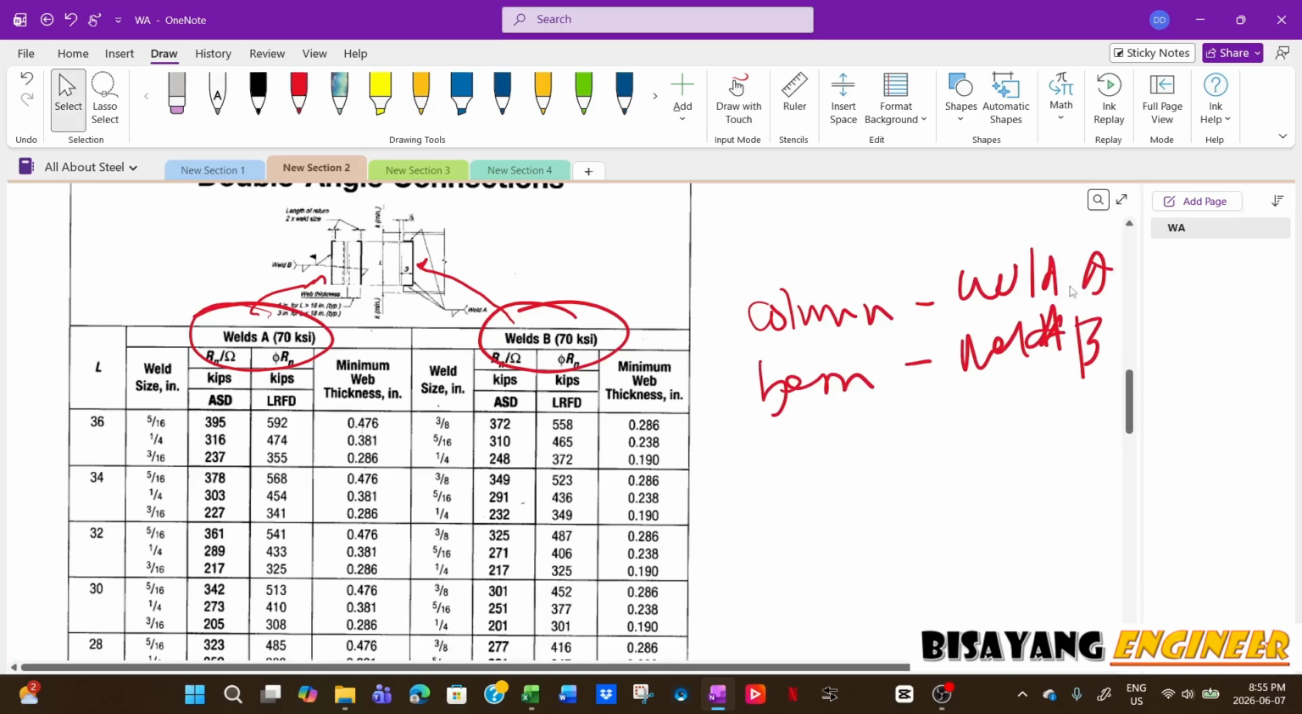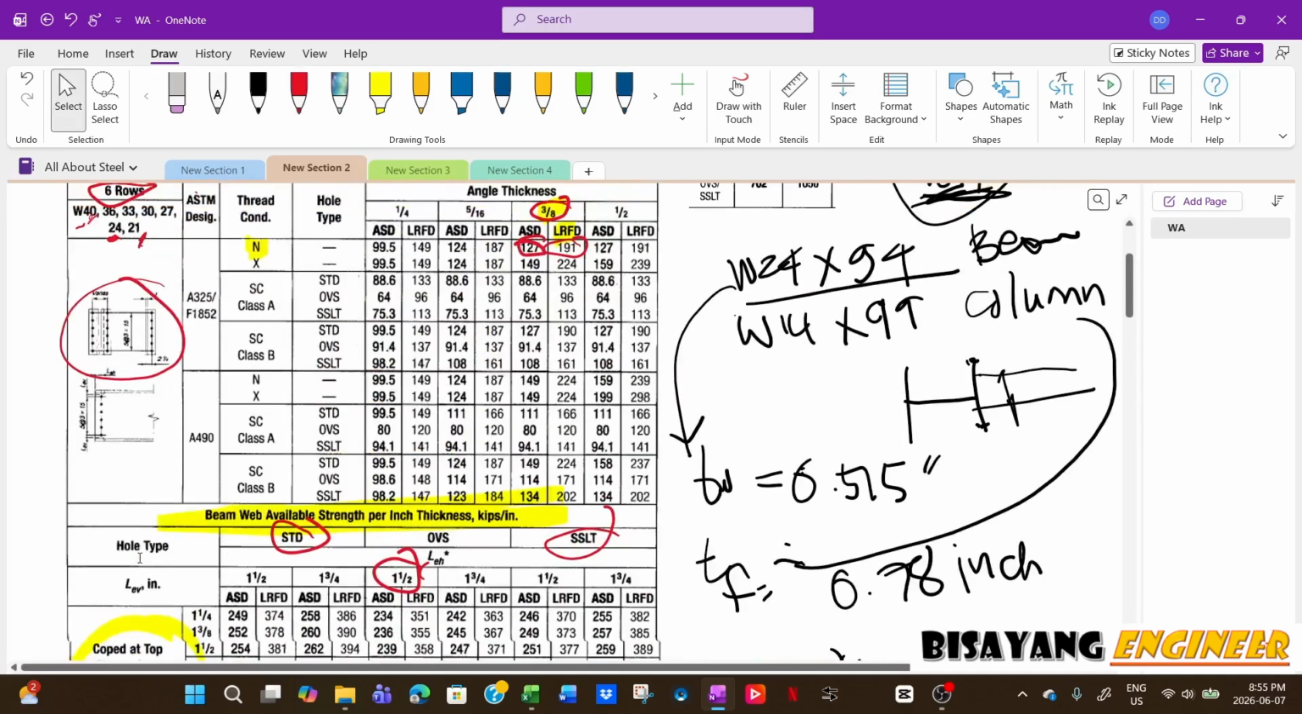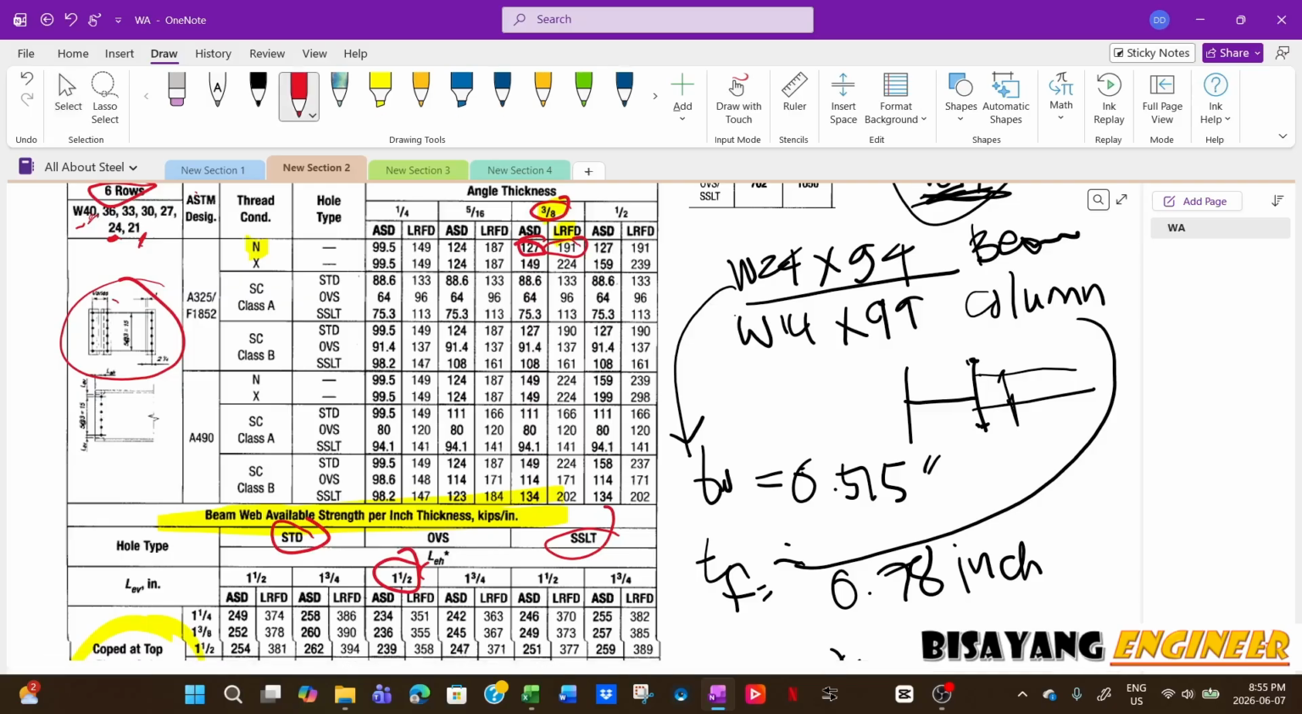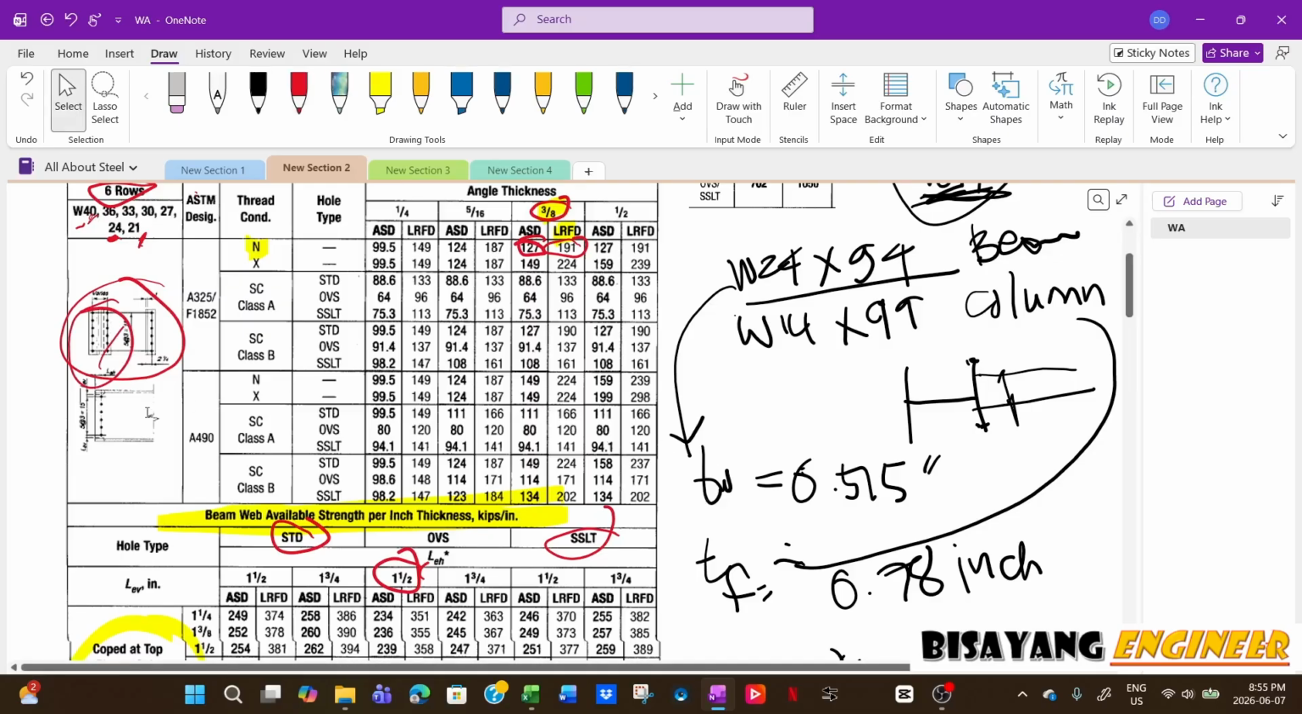Now the check. For this one, you already know that you would need, or not really. You can determine the angle, which is not the same as the length of angle required for a bolted connection, because you don't have to meet the bolt requirements. But if you will use the same, this one is what,